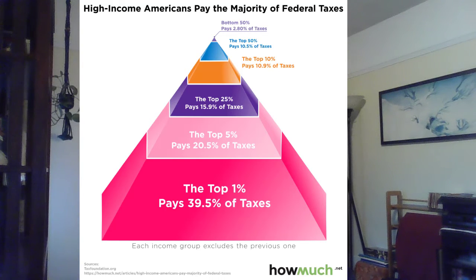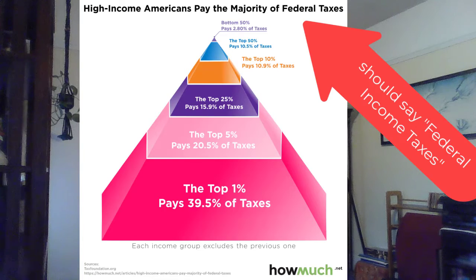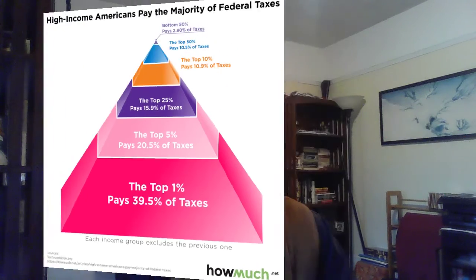Is it a little biased? I'm going to say actually it is a little biased here, because what it says here at the top, it says federal taxes. Actually, this is the federal income taxes. This does not include the payroll taxes. So while I like that we're doing this to show that maybe we ought to appreciate what rich people are doing for us, I do want to be accurate that this is the income taxes and it does not include payroll. So it's a little biased in that way.